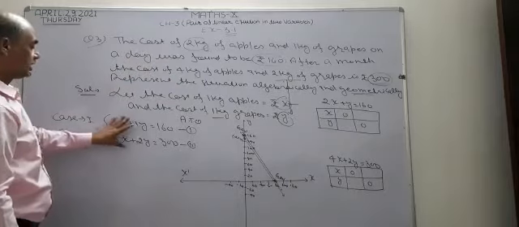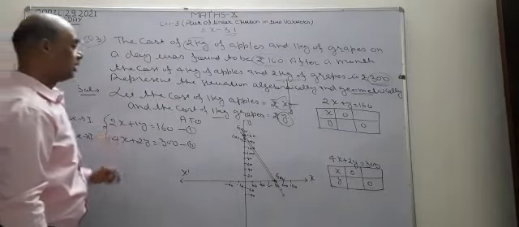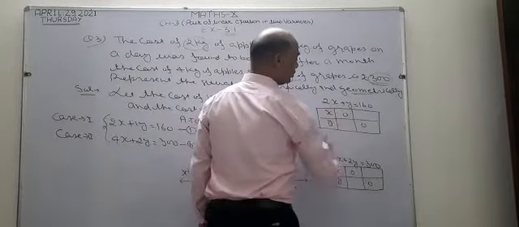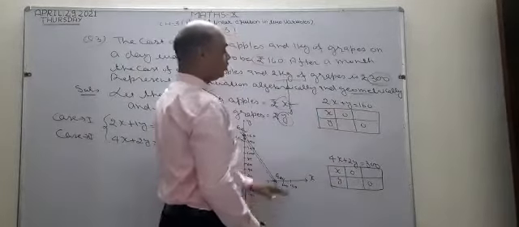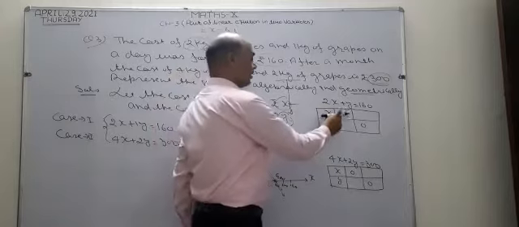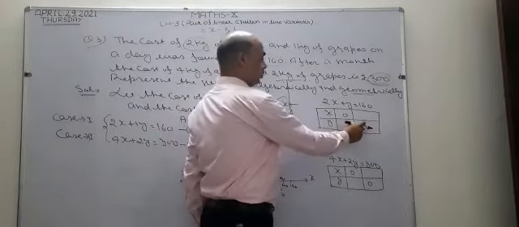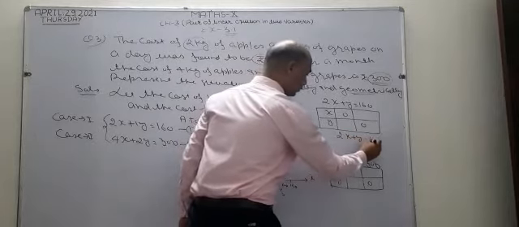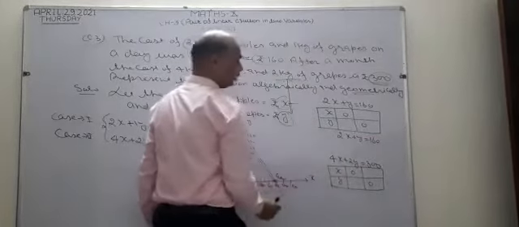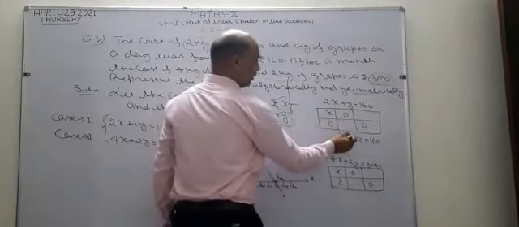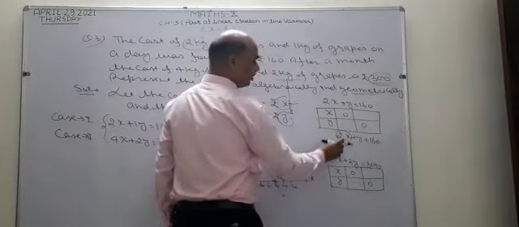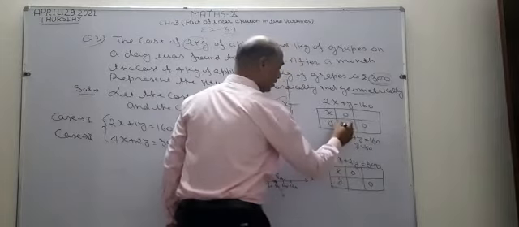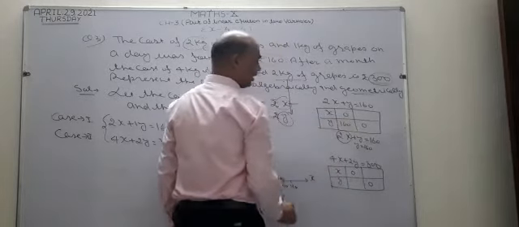Now I want to draw the graph of these two equations. Now see, I take the first equation first, 2x plus y equal to 160. I am going to draw the graph using the 0, 0 method. First time take x as 0, another time take y as 0. Write the equation whose table you are going to draw. x equal to 0 means this x becomes 0. When this x becomes 0, what is left? y equal to 160. I write here y equal to 160 and x equal to 0.